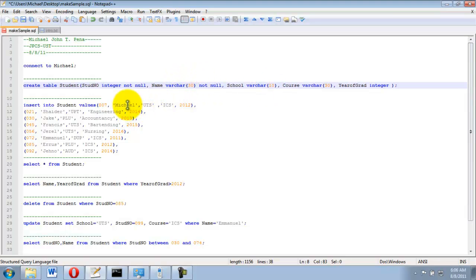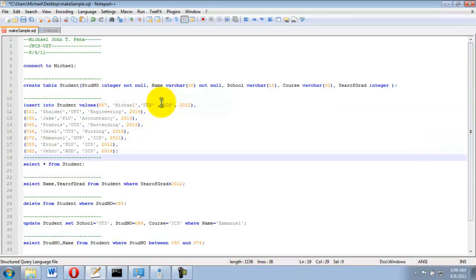For example, in the student number, you could not use 007 ASD blah blah blah, and it must be an integer. And the name must be a varchar, meaning it must be enclosed in single quotes. Well, it might actually include numbers, but you just need to enclose it in single quotes.